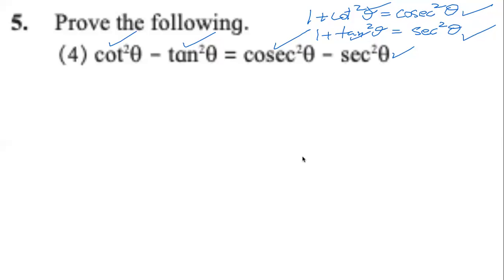No, I completely disagree with all those answers. And my reason is simple. On the right hand side we have cosec square, and I have cosec square in the identity. On the right hand side I have sec square, and in the identity I have sec square, right? So why will I not start from right? Because if I start from left hand side, I have only cot square. Where is the 1? If I start from left hand side, I have tan square. Where is the 1? So I think it will be easy for me to start from the right hand side.